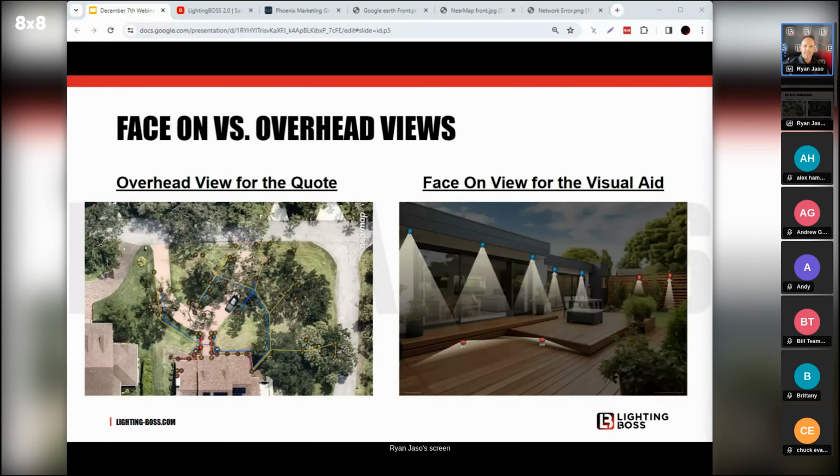Now, regarding the actual design, a battle that I've always fought with designers, with contractors, is the desire to use the face-on view to create the whole proposal. I don't believe that to be best practice, because this isn't a rendering tool. It's a visualization tool. So yes, the face-on view, I'm using it to help explain my design intention and show how many light sources it actually takes to create a cohesive scene. But I'm only going to do that for 1 or 2 areas. And then if I go into the program,